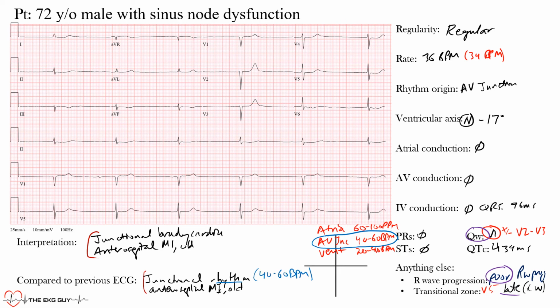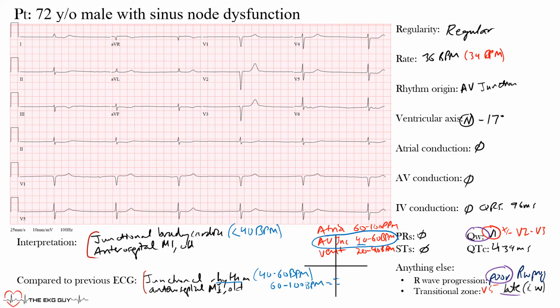When it's a bradycardia, it means it's less than that 40 beats per minute, and that's why we call this junctional bradycardia when you have a rhythm originating from the AV junction that's less than 40 beats per minute. Now, if the rate were between 60 and 100 beats per minute,